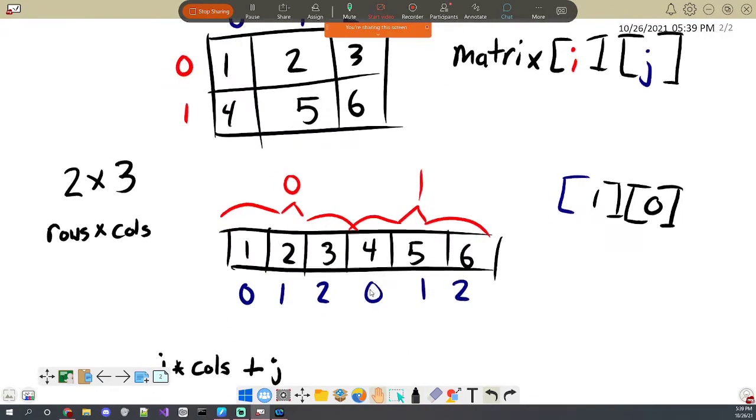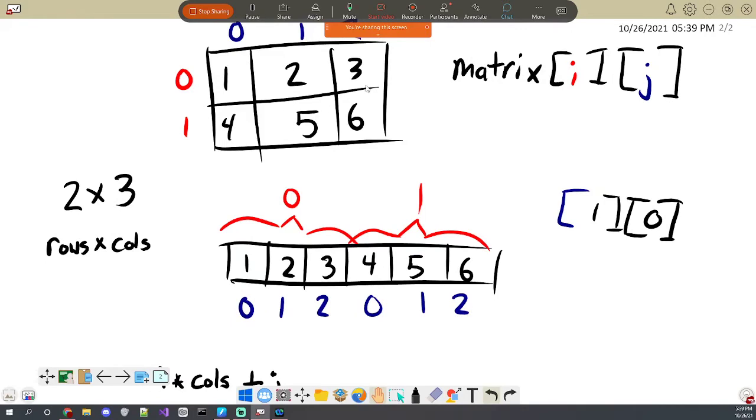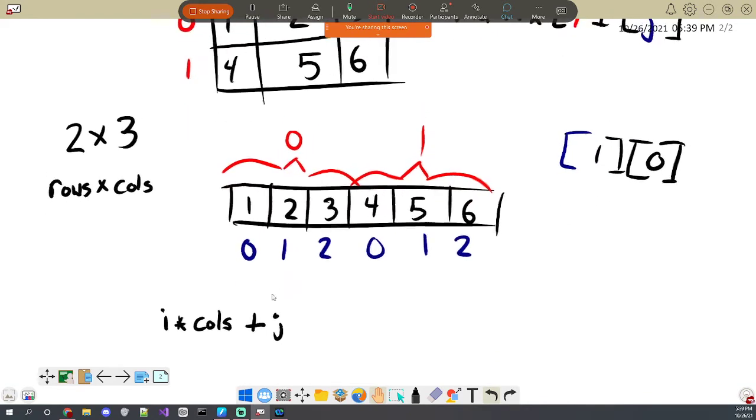Right? And if we think that out, that makes sense because rows are just groups of column elements. And so if the number of columns is 3 in this case, and we wanted to get to the element 4, which is at position 1, 0, then we would go 1 group of 3 forward and then an extra 0 after that because it's just in the 0th position. If we wanted to access 5, it would be 1 group of 3 and then 1 extra space to get to 5, if that makes sense. So we do i times whatever the groups are plus the offset into that group, which is j.